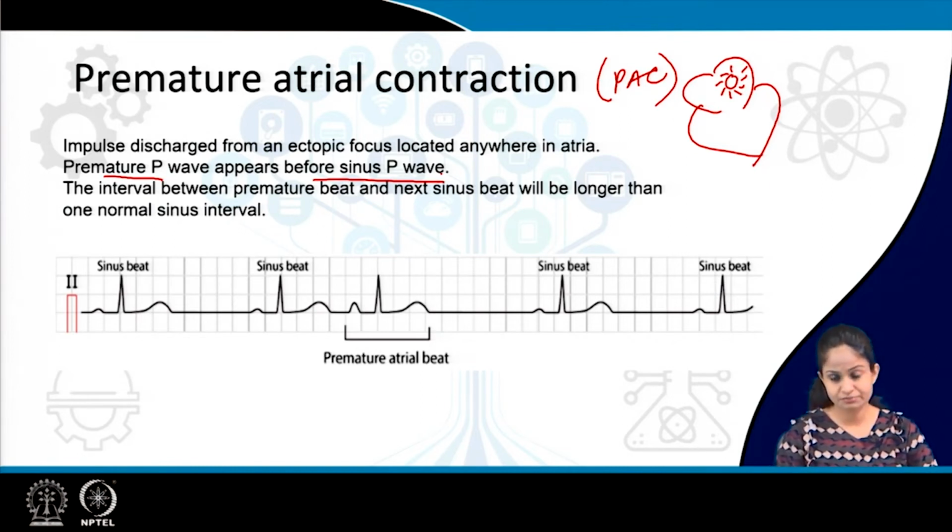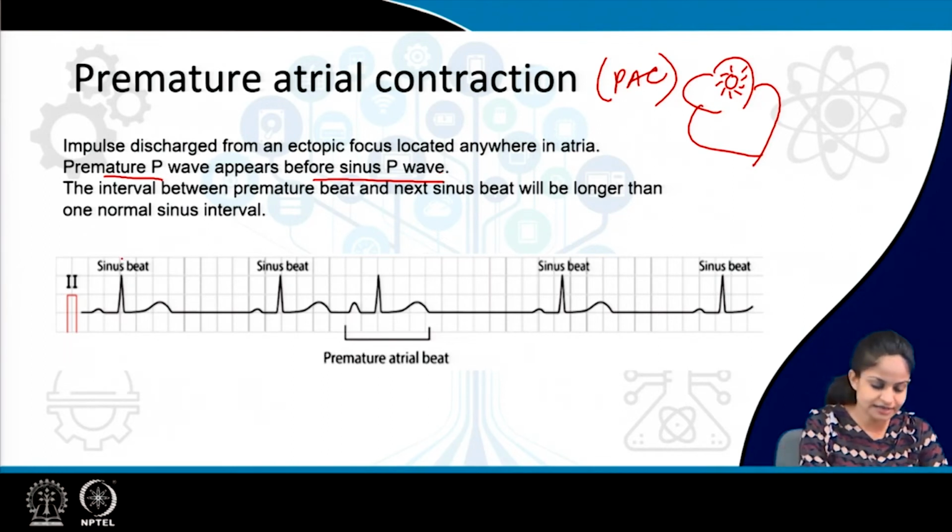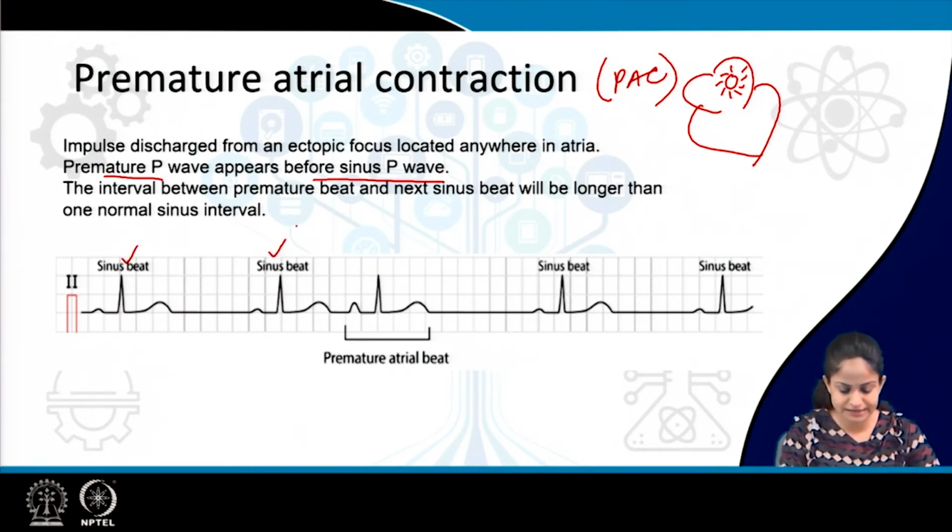Now, this premature beat should reset the sinoatrial node, so that the next sinus beat can occur. That is why the resetting takes some time, and why we get an incomplete compensatory pause here, whereas we get a complete compensatory pause in PVC, that is premature ventricular contraction. What we see over here is a sinus beat, a sinus beat,